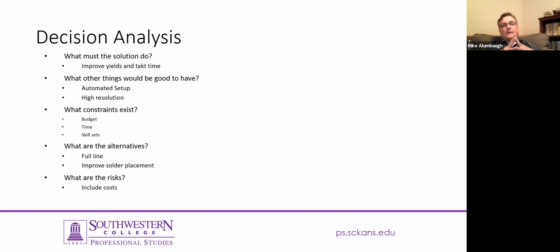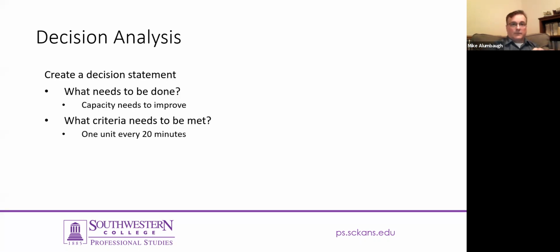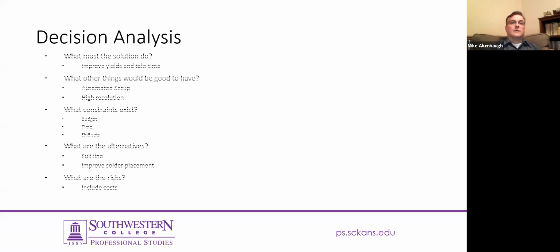In addition to that, there are questions related to what specifically must the solution do, what other things would be nice to have, what constraints exist, what are the alternatives, and what are the risks. Now, this is organizing your must-haves versus your wants. And it's very important in the decision analysis that the must-haves are met. Any solution that cannot meet the must-haves cannot be a solution. That's number one, which should be part of your criteria, right? So you're asking these questions to help